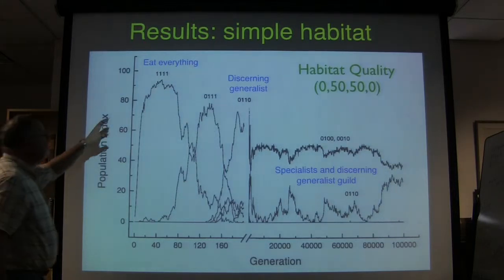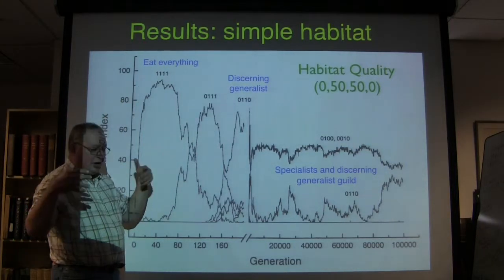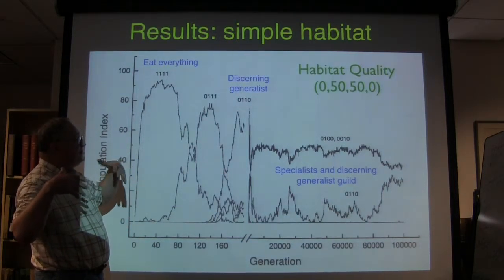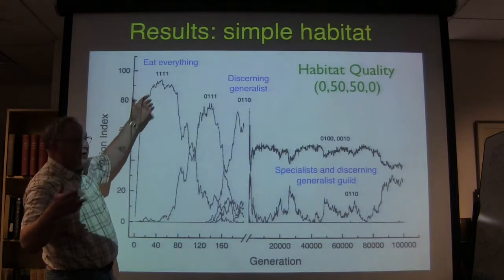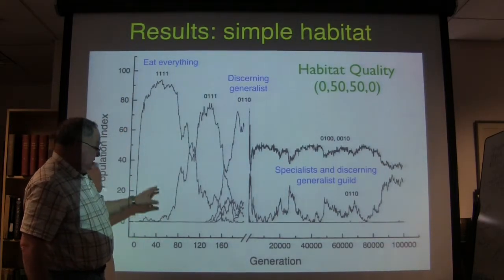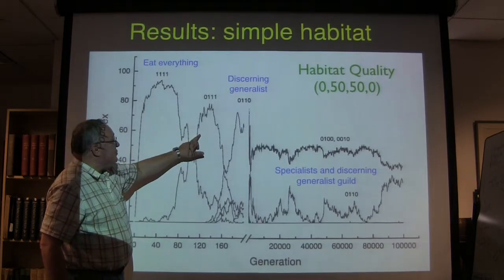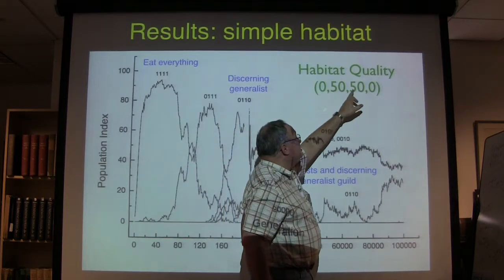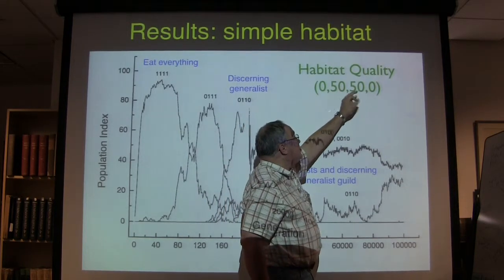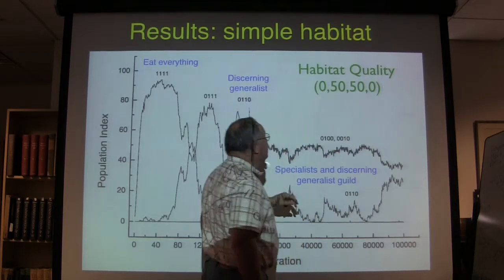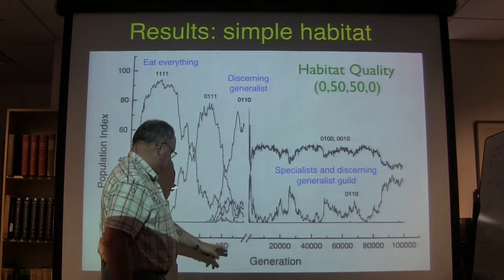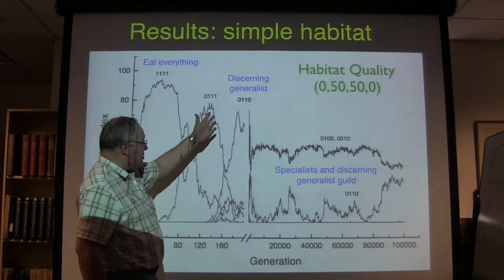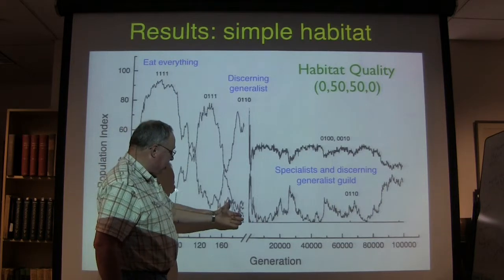So when we start out, because the weights are chosen at random, it turns out that for these artificial neural nets, if you choose the weights at random in a particular way, everybody's just a generalist. Then after a certain number of generations, you get what I call a discerning specialist. Now, if this is habitat quality, you want to choose habitats 2 and 3, and not 1 and 4. So within 180 generations, the population has come on to discerning generalists. And this goes on for quite a long time.